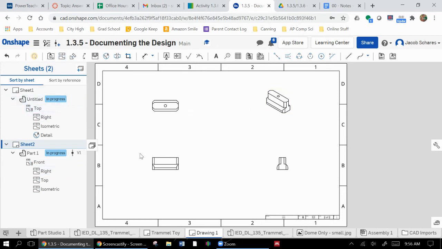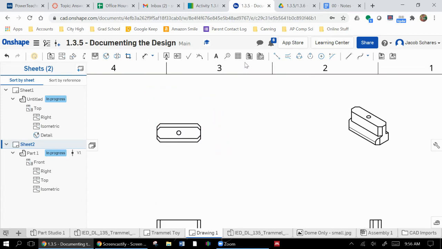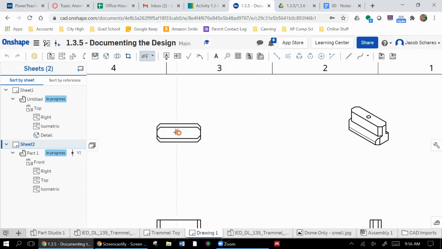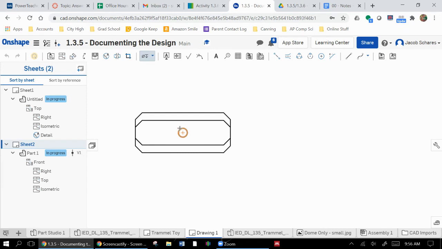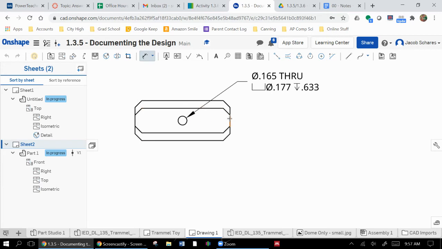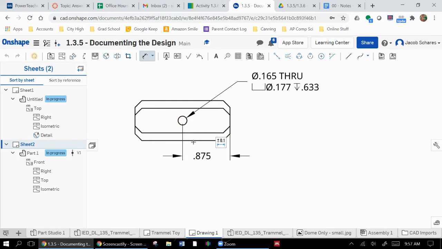So they're going to have you go ahead and put the dimensions in. A couple of things that you're going to want to be able to do here is to use the hole tool. So you've got this hole callout. We made this hole using the hole tool. So if I click on it and go out like this, it's going to show what that hole is, right? I'd also want to use normal dimensions to dimension to where that hole is, how far over it is, how far up from one of the edges it is,